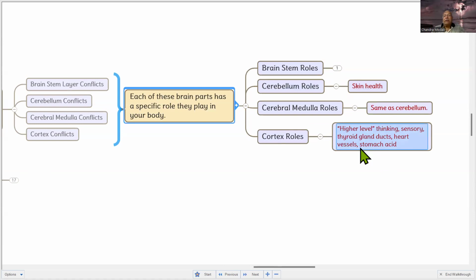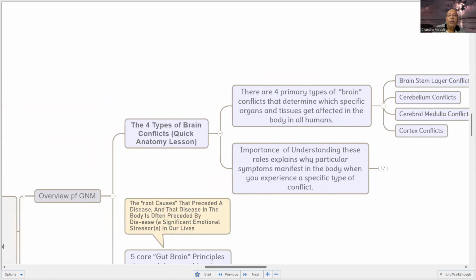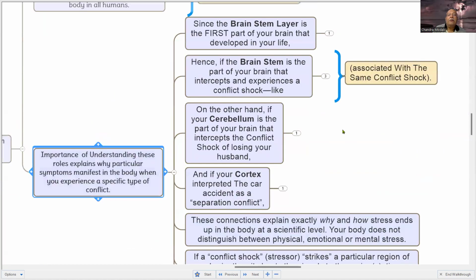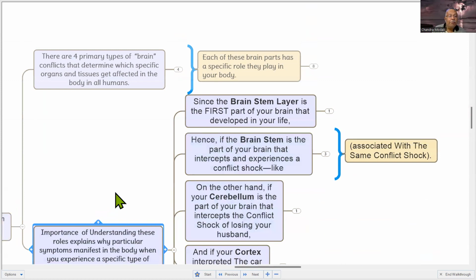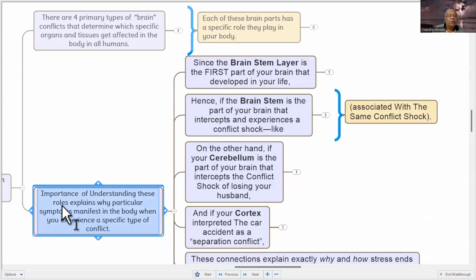And the cortex is the one that is controlling the thinking, sensory. That means this is more to do with what? When you say thinking, the psychic. Okay. Now, how is this influencing each component, right? The importance of understanding these roles explains why a particular symptom manifests in the body when you experience a specific type of conflict,